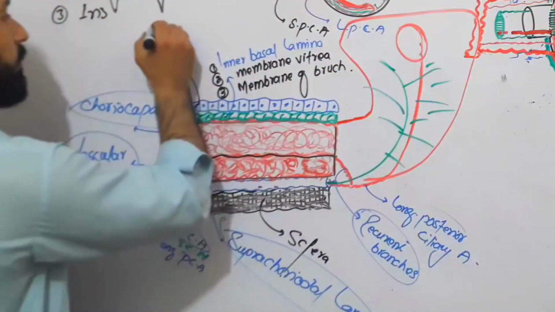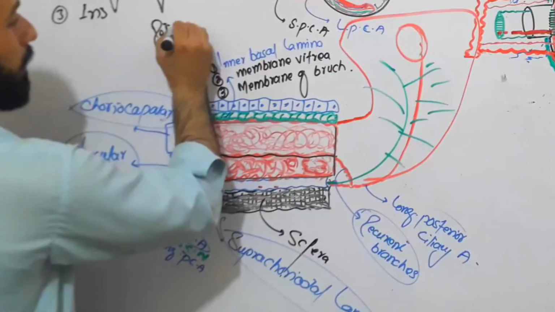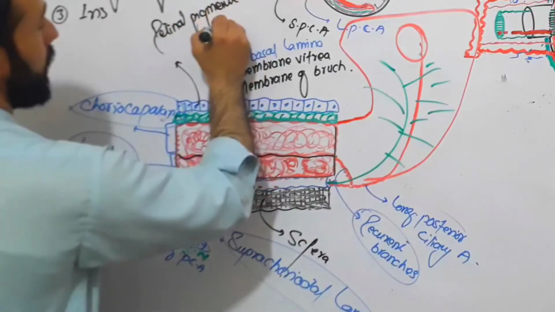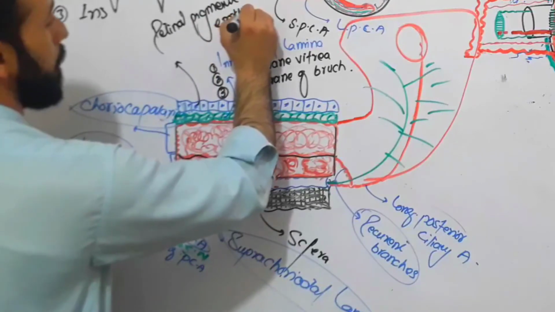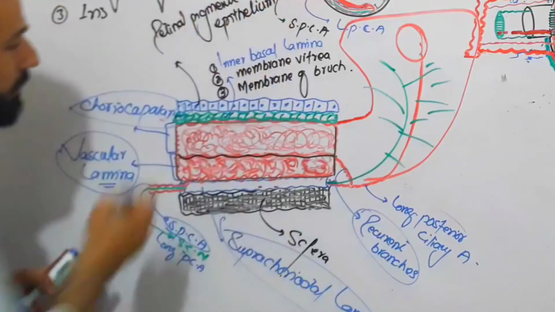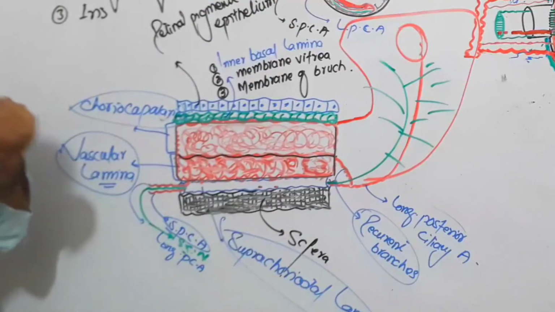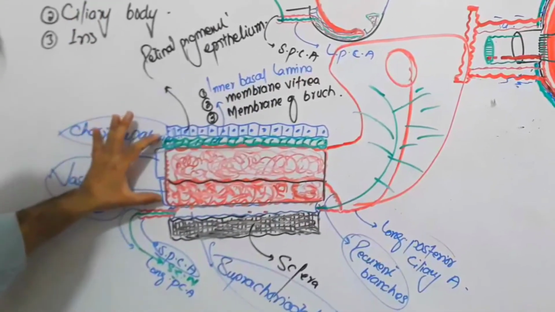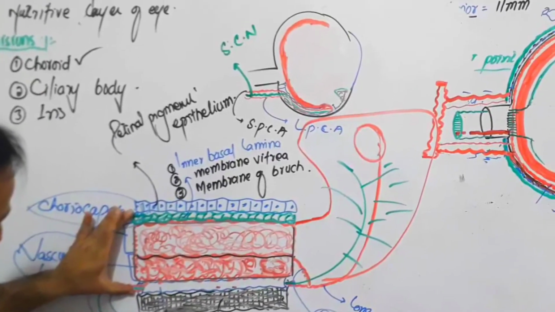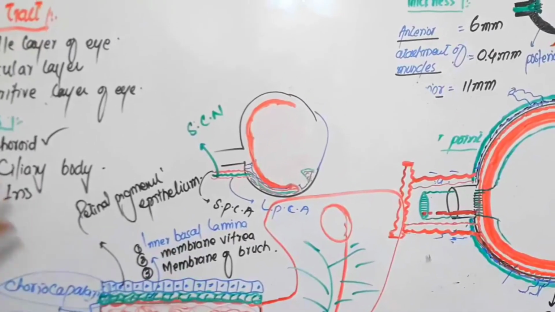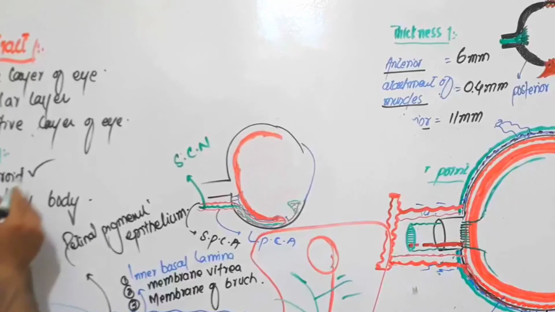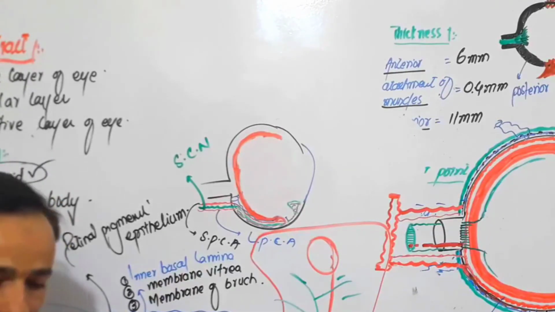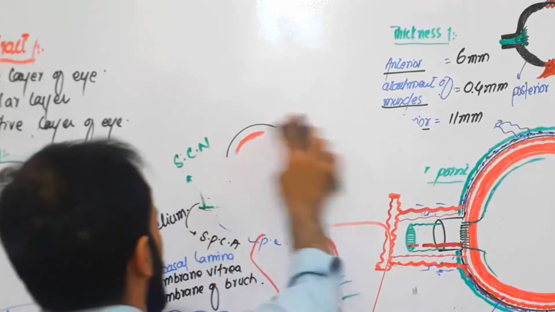So what is this? This is retinal pigment epithelium. Done. So this retinal pigment epithelium is the layer of retina. We will discuss it in detail in the next coming lectures. All these layers are the layers of your choroidal layer. So we have discussed the choroid, and now let me make another diagram and fastly repeat all what we have